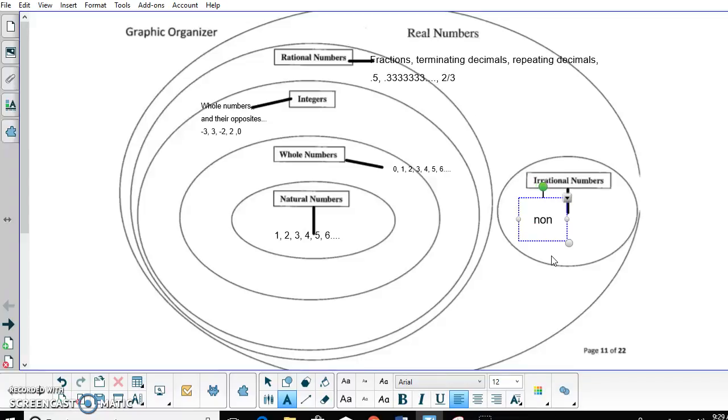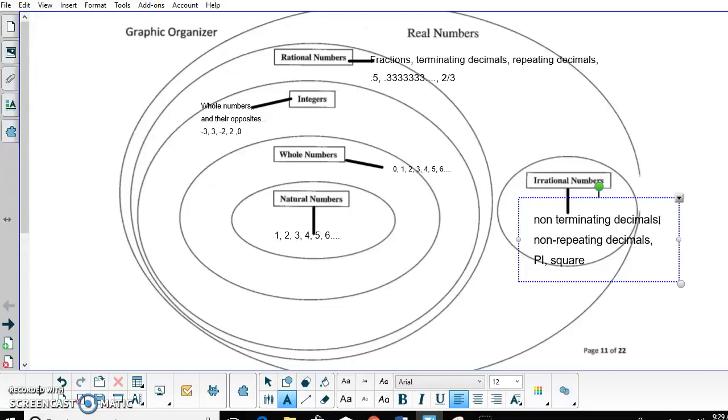So, irrational numbers are non-terminating decimals. It's also non-repeating decimals. And we also have pi, the square root of 3, the square root of 2,